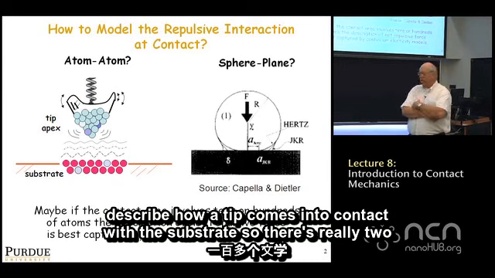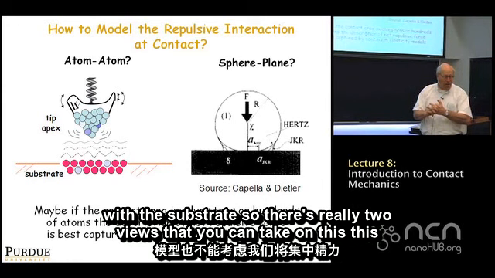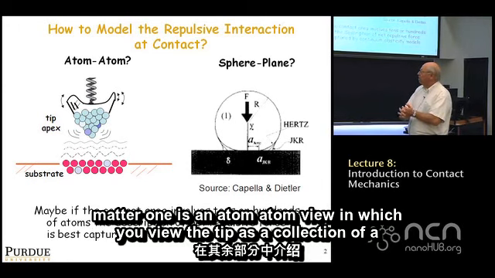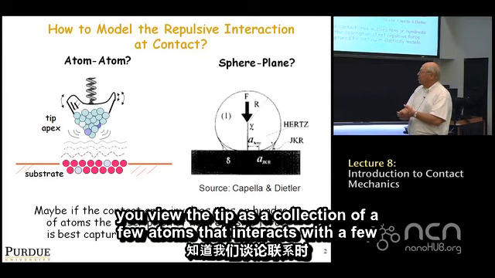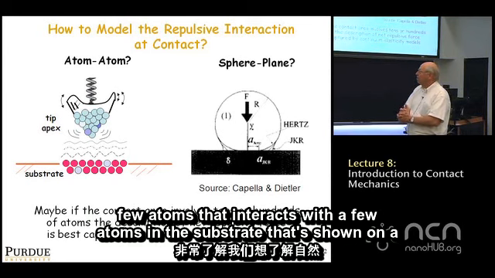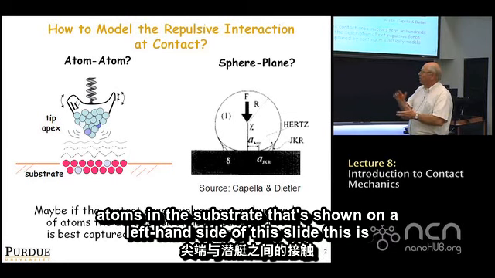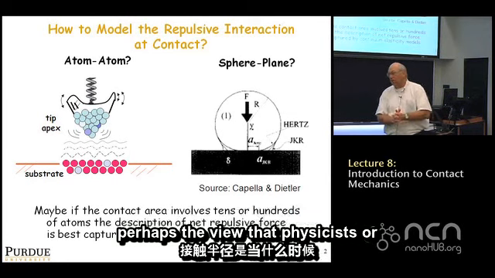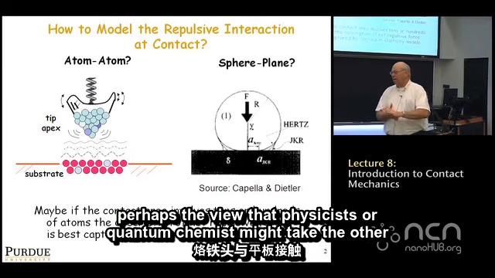So there's really two views that you can take on this matter. One is an atom-atom view, in which you view the tip as a collection of a few atoms that interacts with a few atoms in the substrate. That's shown on the left-hand side of this slide. This is perhaps the view that physicists or quantum chemists might take. The other view is